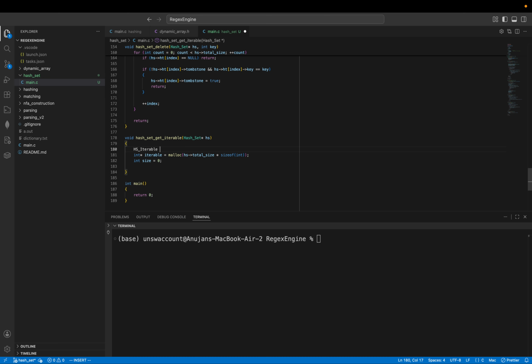Hash set iterable. Sorry. Start, and then the iterable is equal to that, and the size is equal to 0, and then for